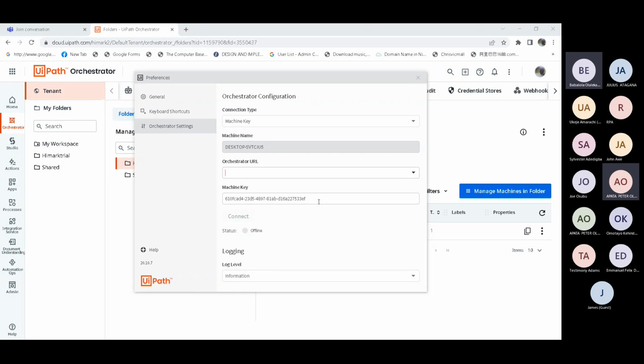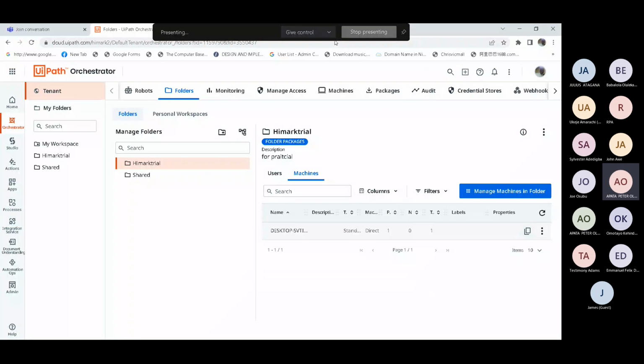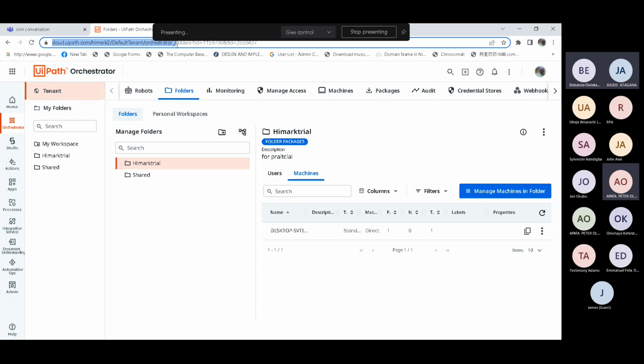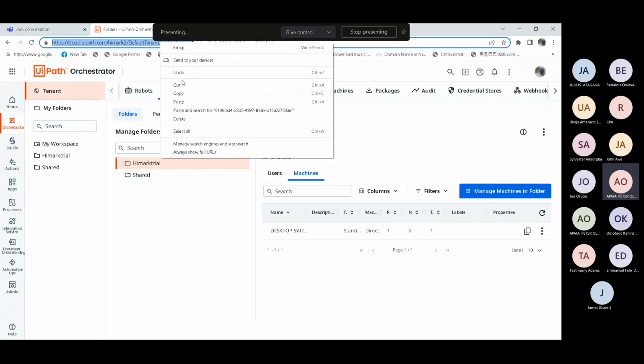I've pasted the key. Okay, good. Now we'll go back to your orchestrator. Copy everything up to the slash after orchestrator. Okay. That's before the folder? Stop there. Yes, before the folder. Stop there. Then copy that.